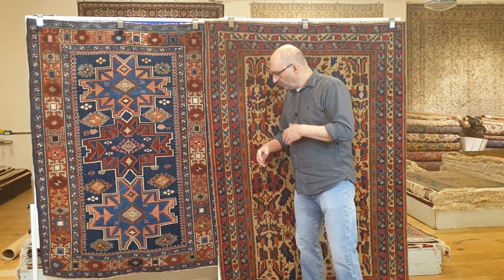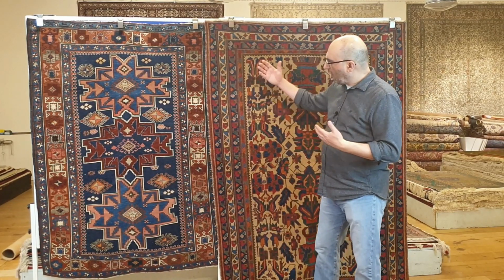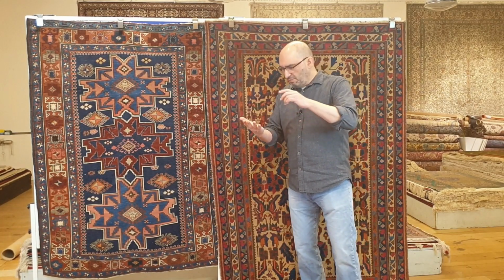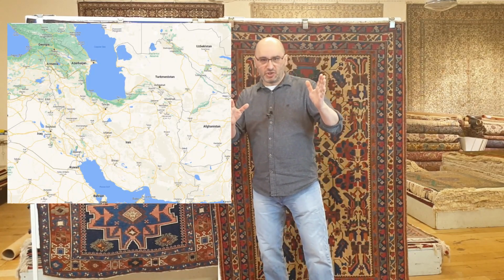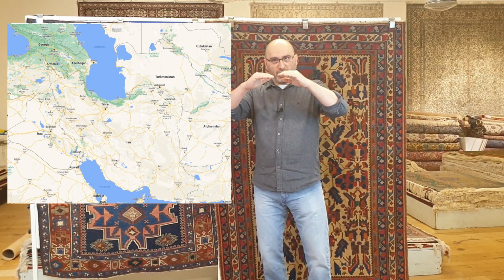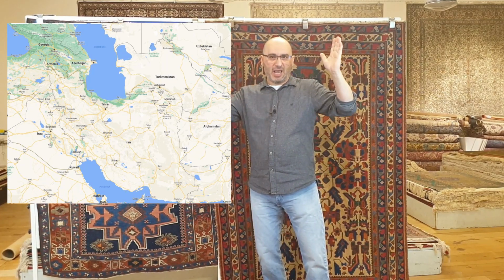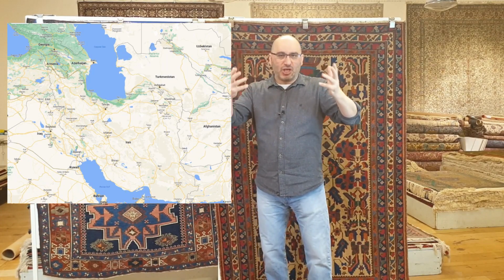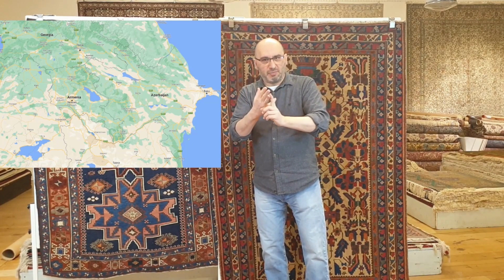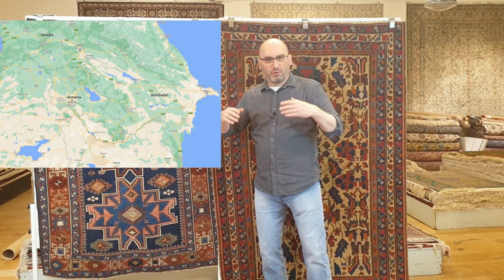What I want to first of all do is introduce you to the Caucasus carpets. These are carpets that come from the Caucasus region, which is generally referred to as north of Iran, between the Black Sea and the Caspian Sea. Generally, you're talking about Georgia, Armenia, Azerbaijan. These are the three countries that used to be former,